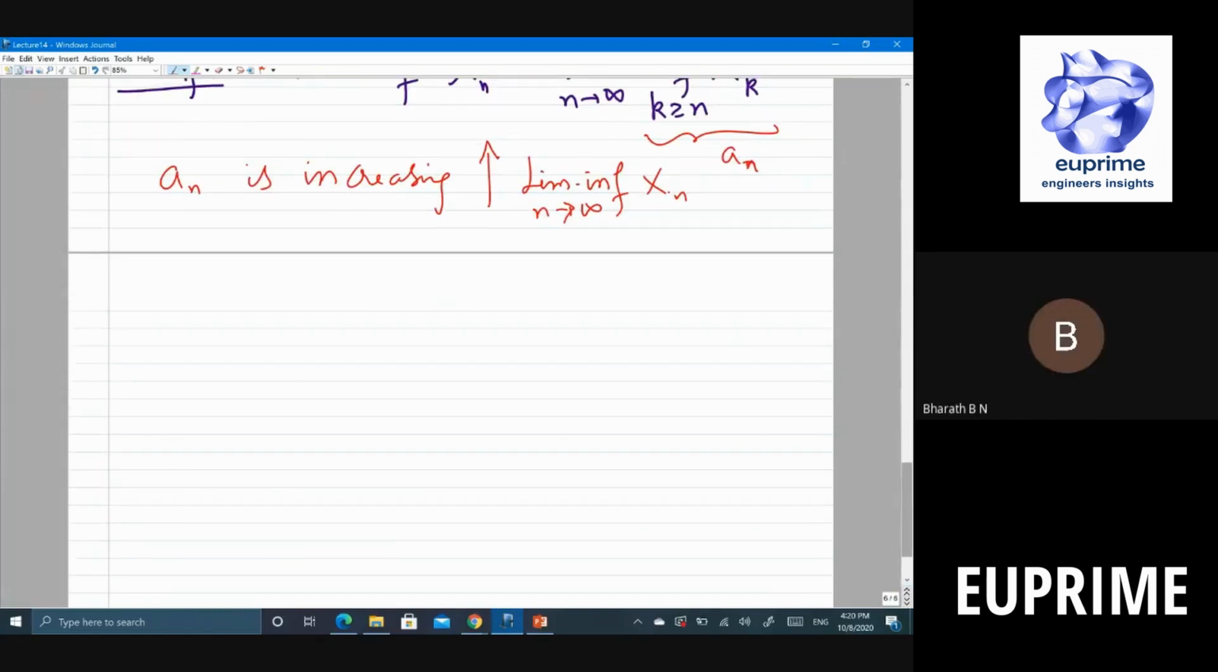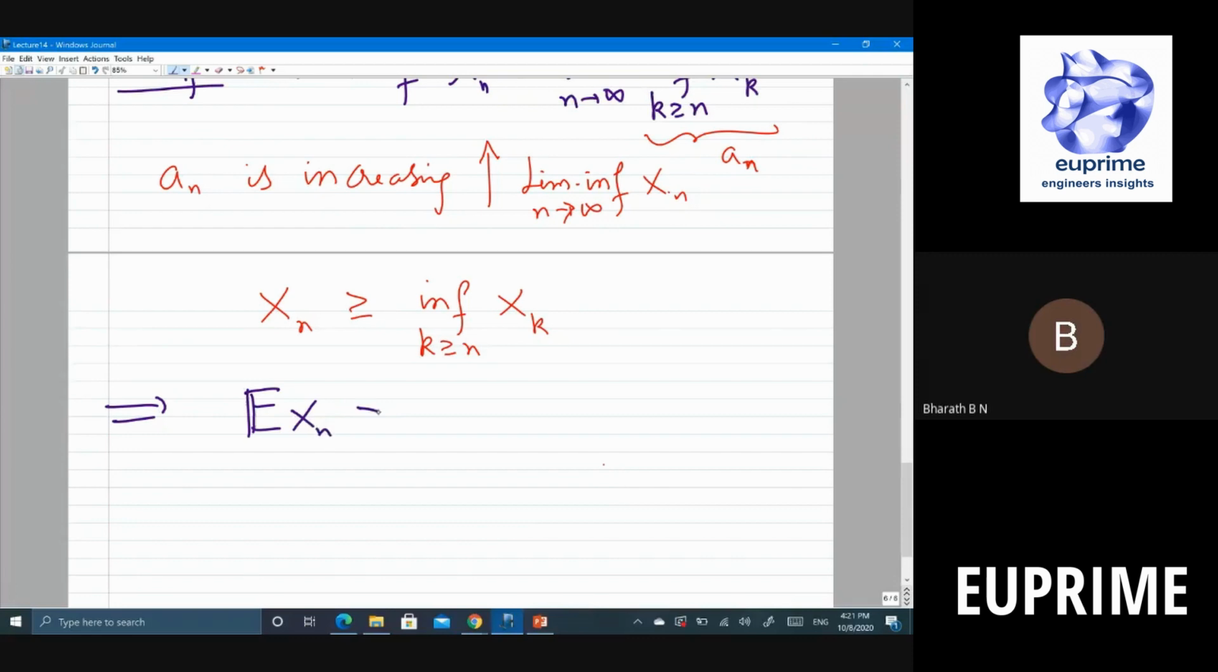Okay. So therefore, I can write xn is greater than or equal to the infimum over all k greater than or equal to n of xk. Do you agree? Why? I'm taking the infimum. If xn is the smallest, then I would have taken xn. Otherwise, I will pick something smaller than xn. So therefore, xn is always greater than or equal to this. So this implies